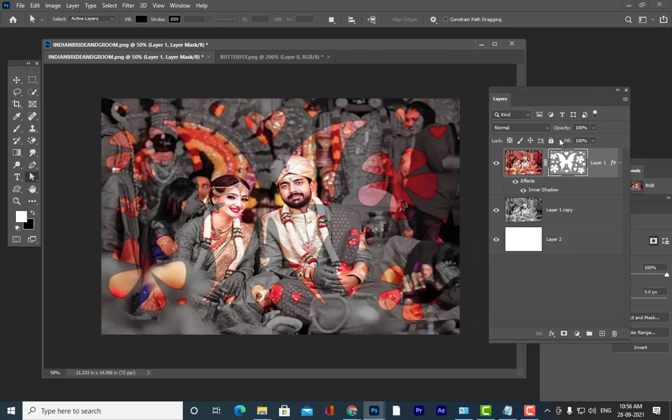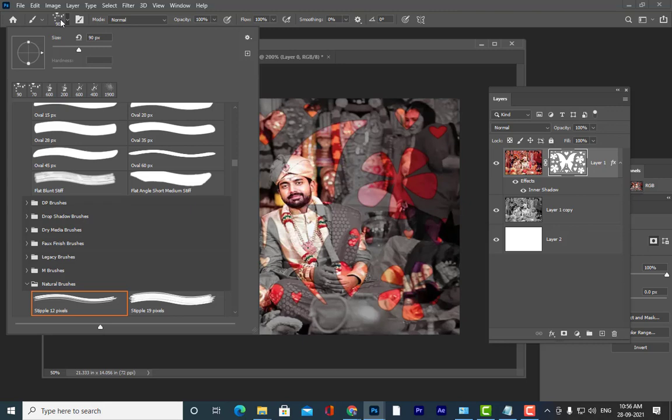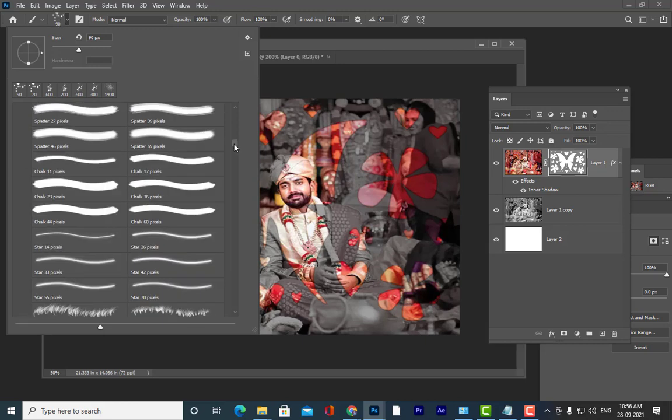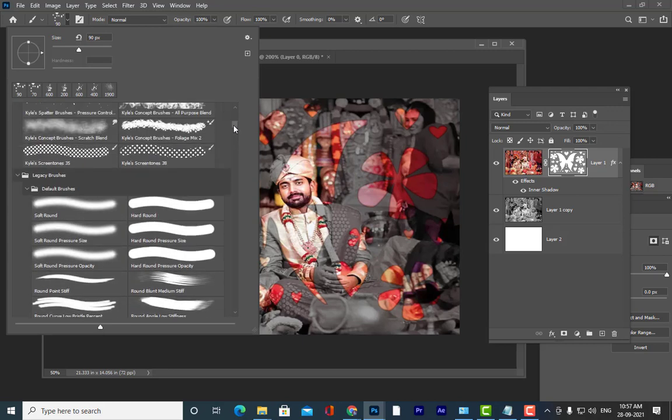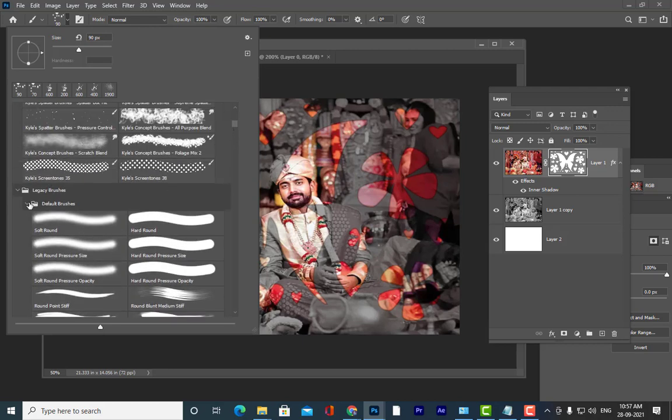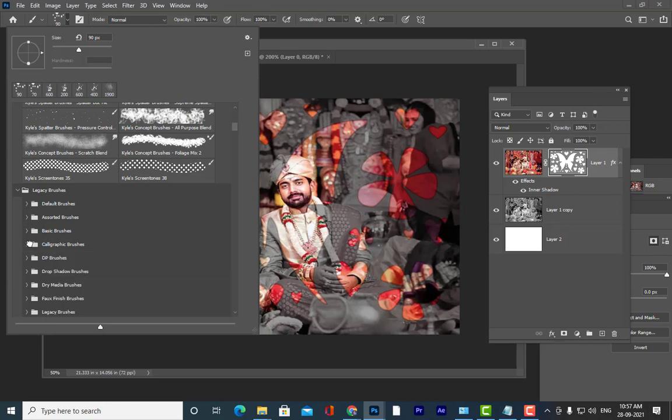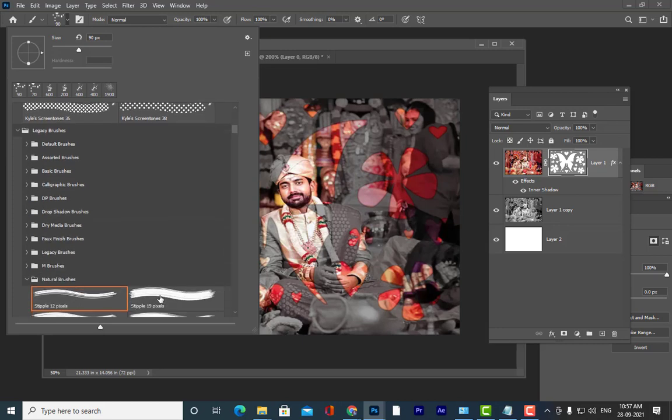See, simply I can try to add some extra attraction to this by using brushes. Now this is no longer a vector mask. This is a layer mask now, so we can use the same brushes that we have been using. This type of brushes, see, natural brushes.